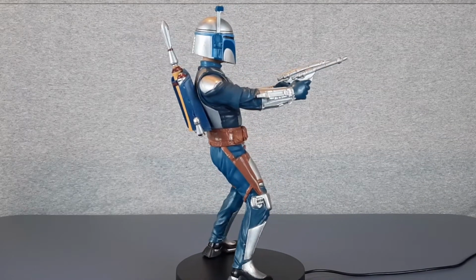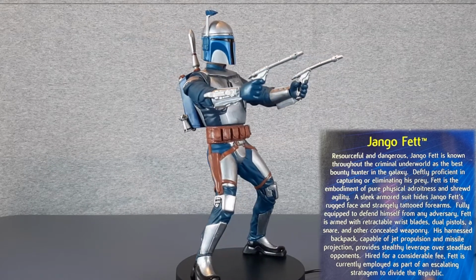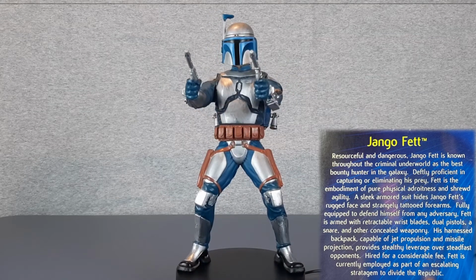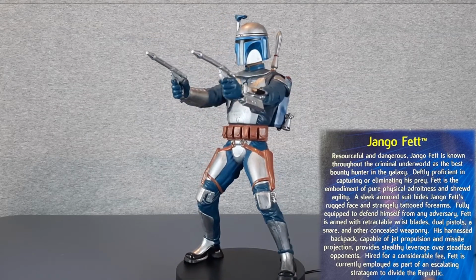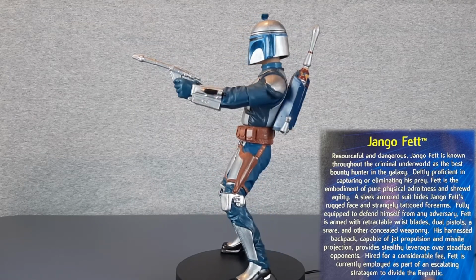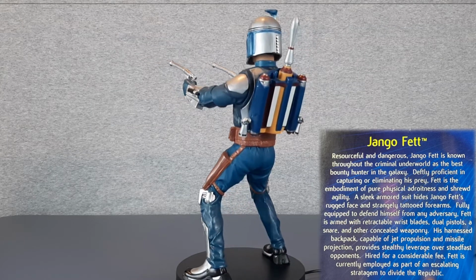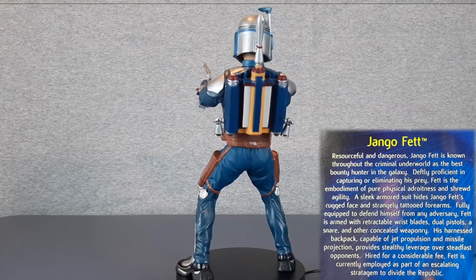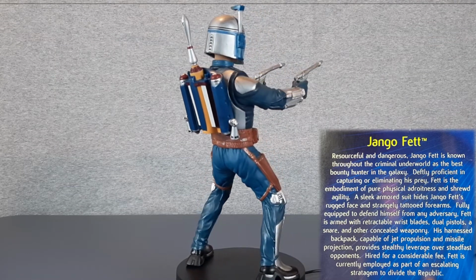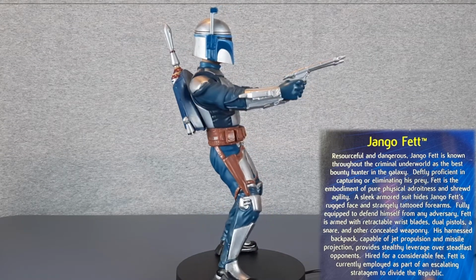So it reads, resourceful and dangerous, Jango Fett is known throughout the criminal underworld as the best bounty hunter in the galaxy. Deftly proficient in capturing or eliminating his prey, Fett is the embodiment of pure physical adroitness and shrewd agility. A sleek armored suit hides Jango Fett's rugged face and strangely tattooed forearms. Fully equipped to defend himself from any adversary, Fett is armed with retractable wrist blades, dual pistols, a snare, and other concealed weaponry. His harnessed backpack,